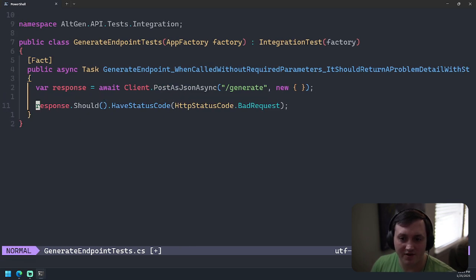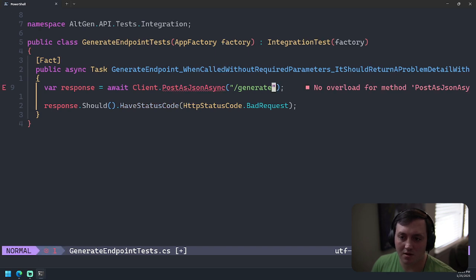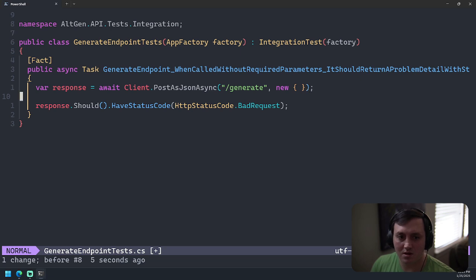Okay. Now if I run this, it should fail because I don't have this generate endpoint mapped. Can I omit this? I can't omit that. Okay.